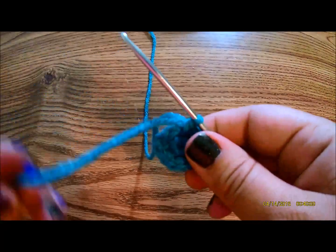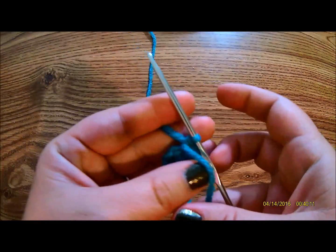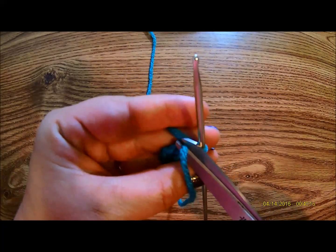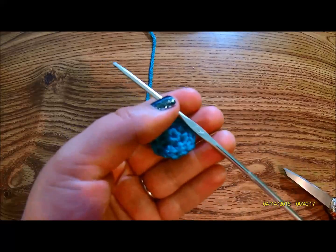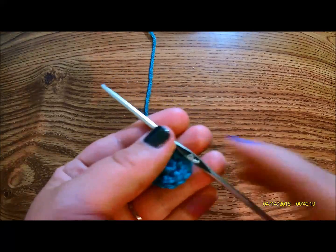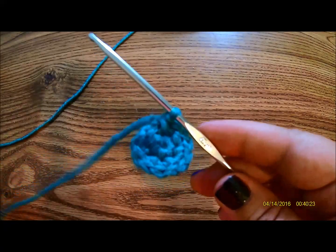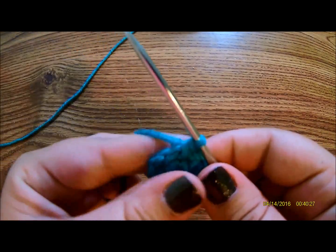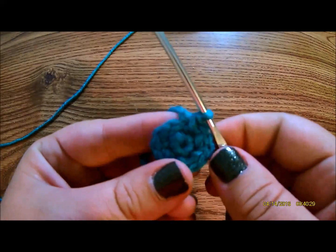I have just completed round 2, and I now have 12 stitches around, and I'm going to go ahead and clip this tail that we crocheted over so we don't have to sew it in later. And round 3 is going to be another increase round. You're going to be doing 1 single crochet, 1 increase, and do that 6 times, and at the end of the round you will have